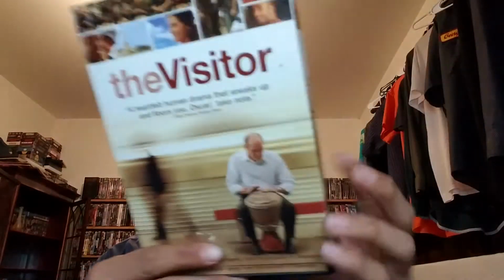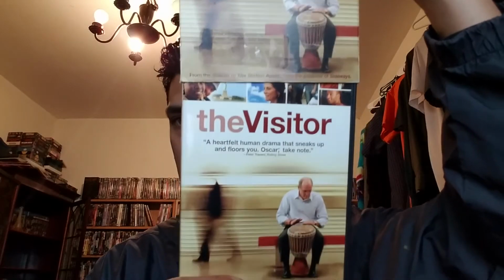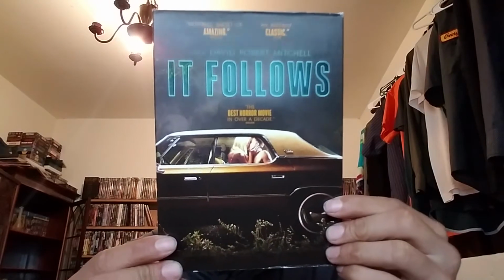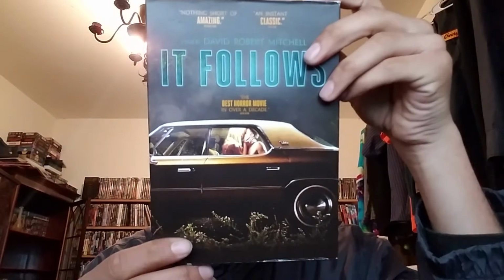Pretty cool. Sleepwalking with Charlize Theron. The Visitor. Got the slipcover to this. Pretty cool. And now for the new logo. Now this is when Anchor Bay changed the logo to something totally different. It still says Anchor Bay, but as you could see, it's kind of different. It's just like a little cool design. I like the old school Anchor Bay myself, but here's some movies that the new release...